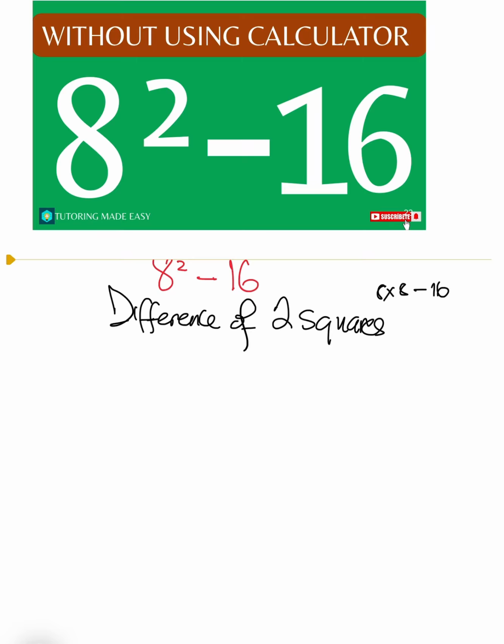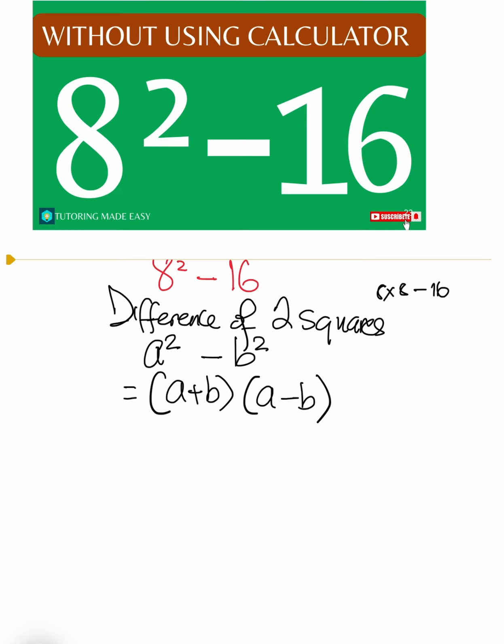What does the difference of two squares say? It says you have a squared minus b squared, which is actually taking a added to b, and also taking the same a and subtracting b, like that. All right. So what is the first familiar thing that we can see? We can see that we have 8 squared. It has a power, but